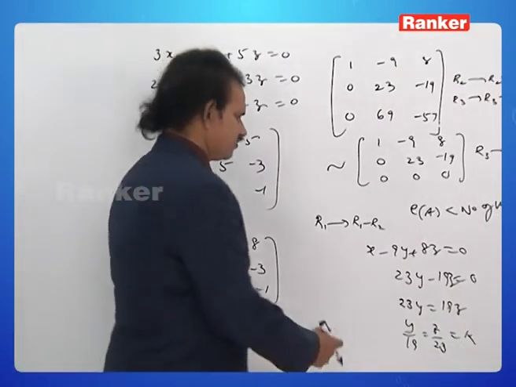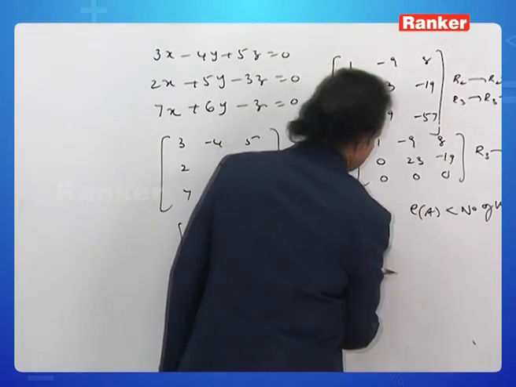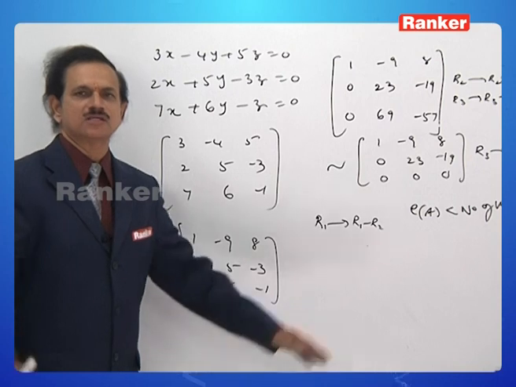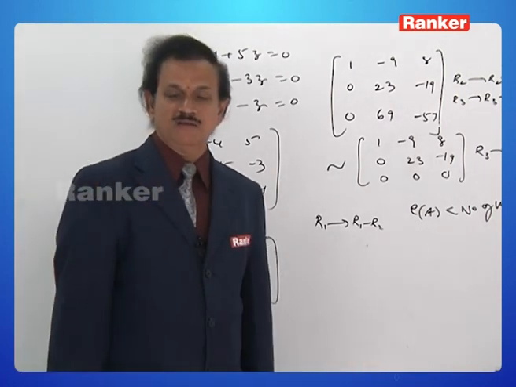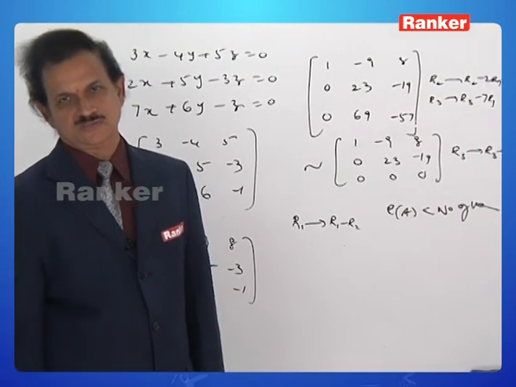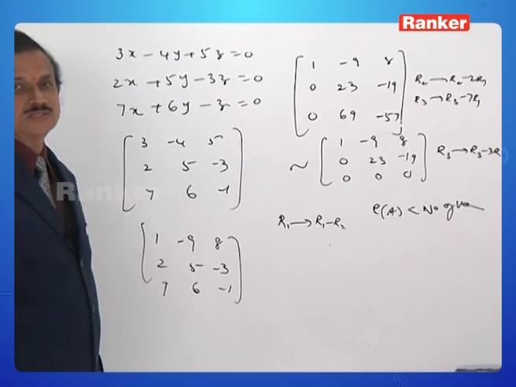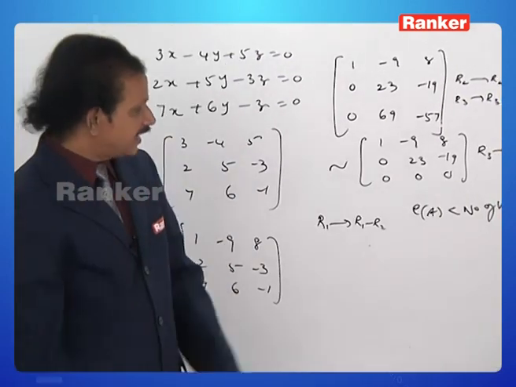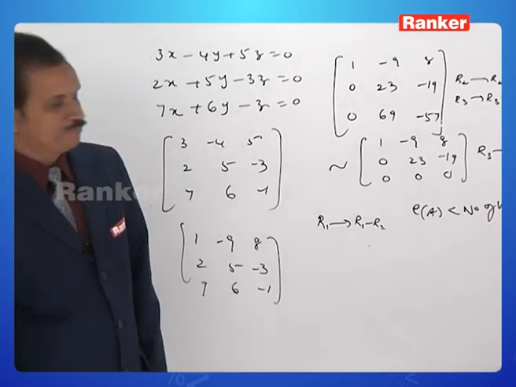You see, it's only in rare cases that we might be asked the way of solutions, but we are just supposed to tell the nature of the solution. How many solutions will exist for this one? Infinitely many solutions will exist for this system. We have seen two examples. In the first example, there has been a unique solution only, and in the second example, there are infinitely many solutions, isn't it? Okay, good.